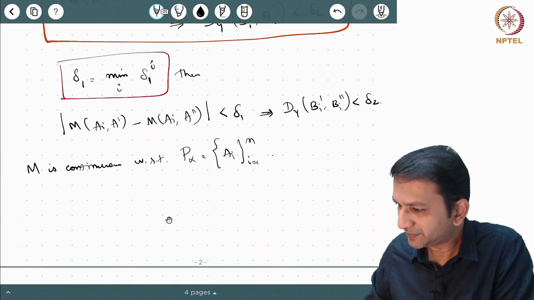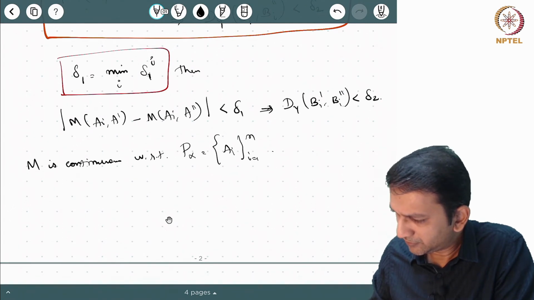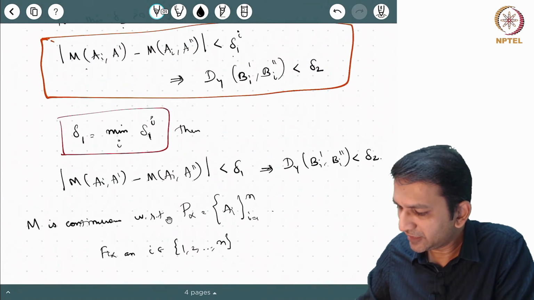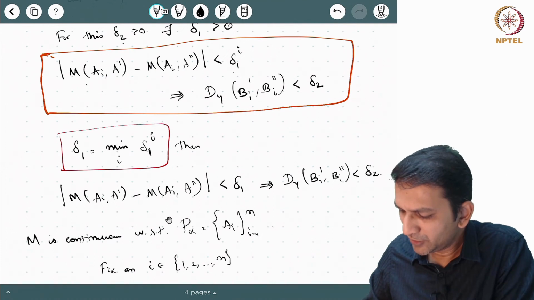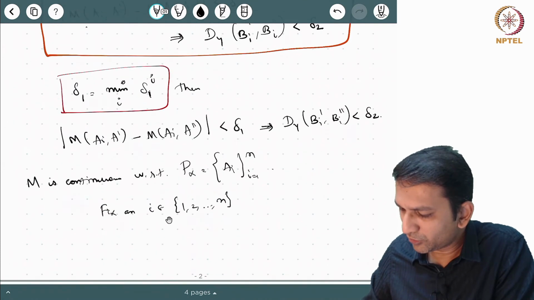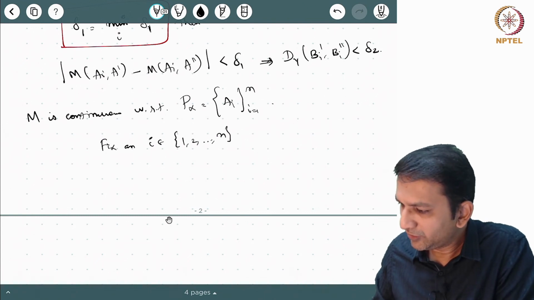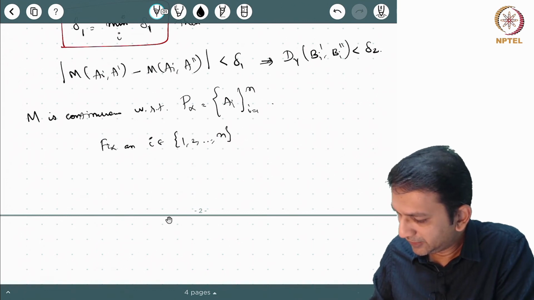What it means is, if you once again fix an i, note that we fixed an i here, but we generalized it in the sense that we took delta 1 to be the minimum of all of them. So now this delta 1 will work across any i. So now in the next step we are fixing an i to again discuss as above. Let's fix an i. Now by the continuity of m, we know that for the delta 1